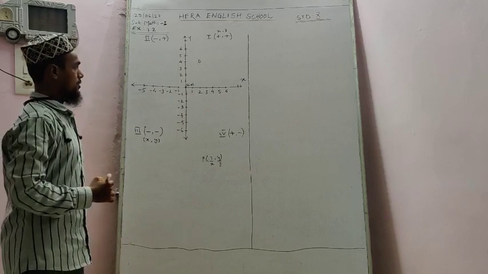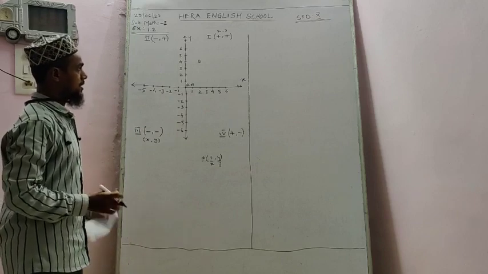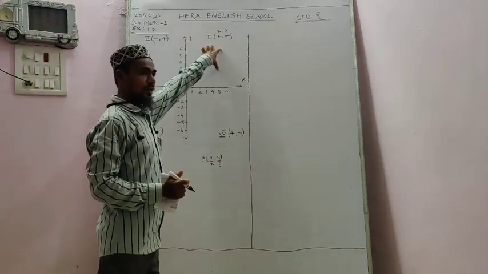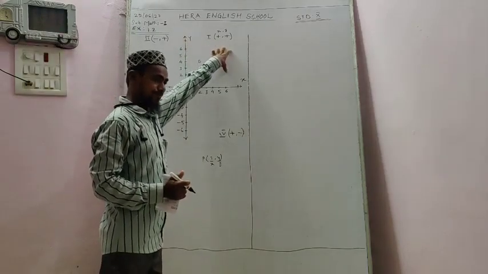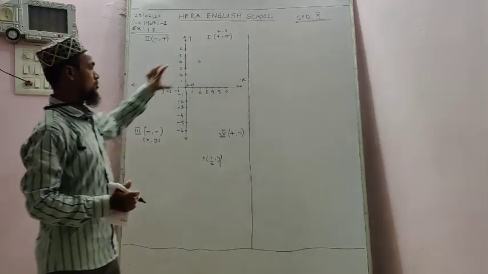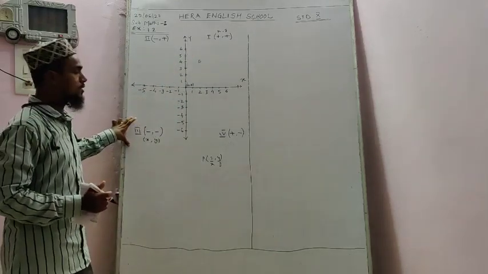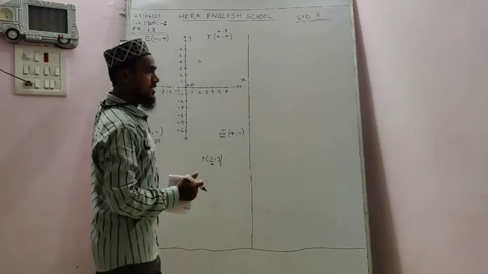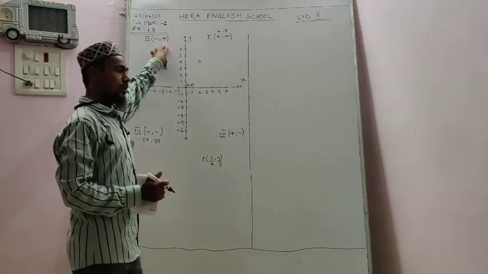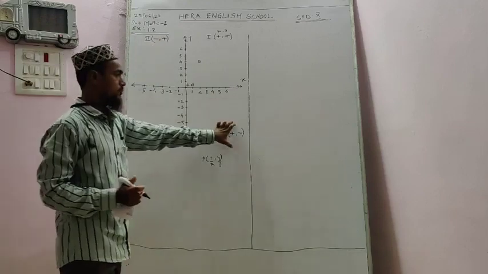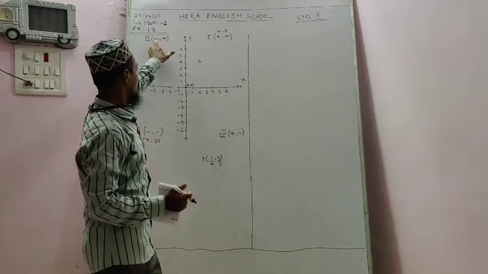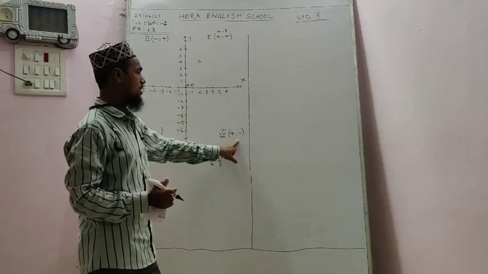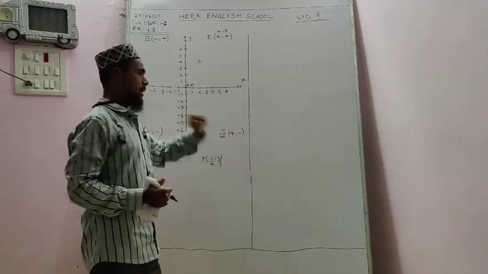I think, according to my instruction, you will see here very carefully. The first quadrant has both values of x and y positive. Opposite to the first quadrant, in the third quadrant both values are negative. In the second quadrant you will see x negative, y positive. Opposite to this, in the fourth quadrant, opposite to the negative you will see the positive, and the opposite of positive is negative. So in the fourth quadrant you will have x positive, y negative.